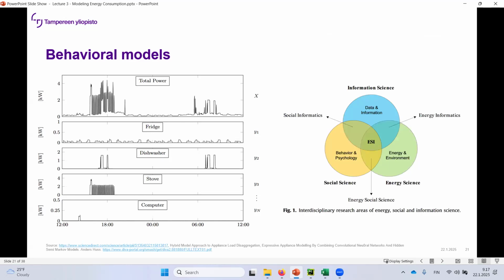And this was a really good kind of a Venn diagram. So, interdisciplinary research areas of energy, social, and information science. Energy, social, and information science is in the center. So there's data and information, energy, environment, behavioral, and psychology. And I went through